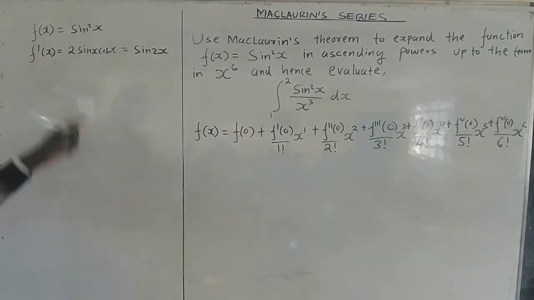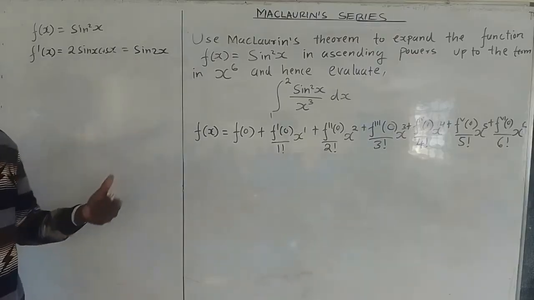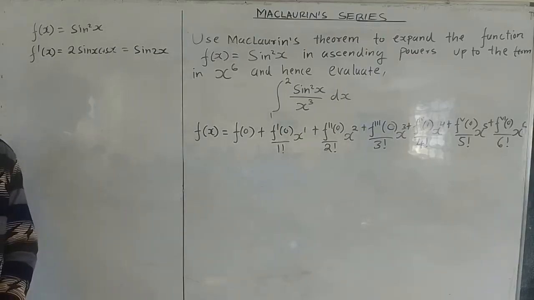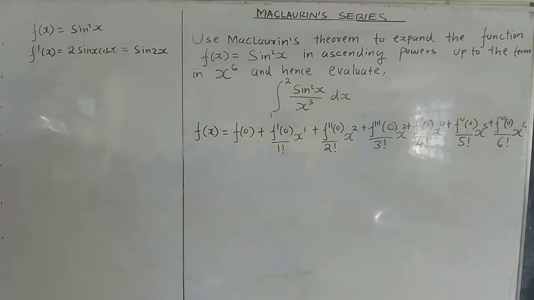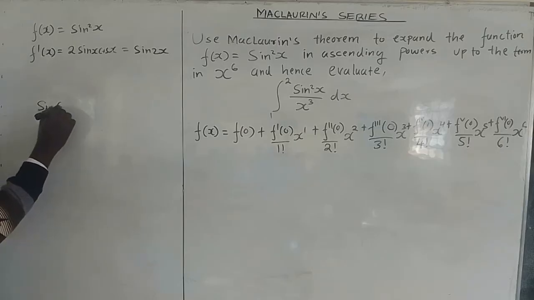So you express 2 sine x cos x in a form which is easier to differentiate. Are you seeing that? Are we together? Yes. You get sine 2x. So that is the reason why when you look at the function sine squared x, that function is the same as what? When you have sine 2x. Sine 2x is sine x plus x, isn't it? Sine 2x is,